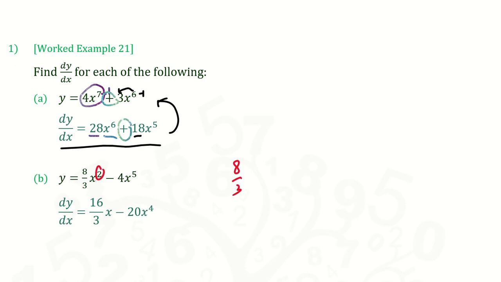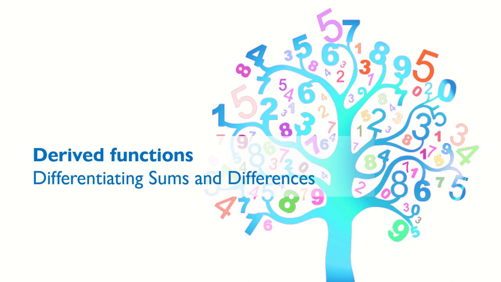Example B，这边是 8 over 3 times x squared，所以 2 times with 它，然后 x 2 minus 1。8 over 3 times 2 得到 16 over 3，然后 2 minus 1 是 1，which is 16 over 3x。然后这边是 minus，我就跟着抄 minus 5 times 4 是 20，然后 minus 1，so x raised to the power of 4。就这样简单而已，没有特别不一样的 formula。